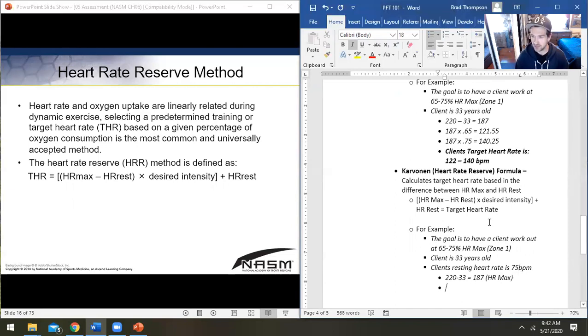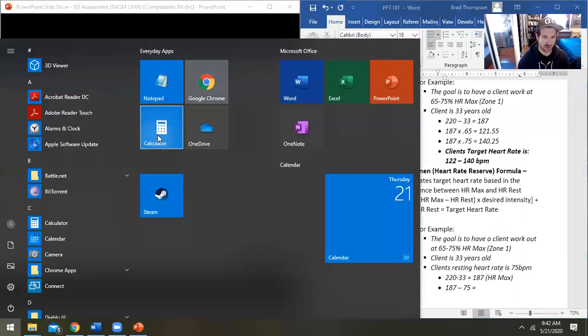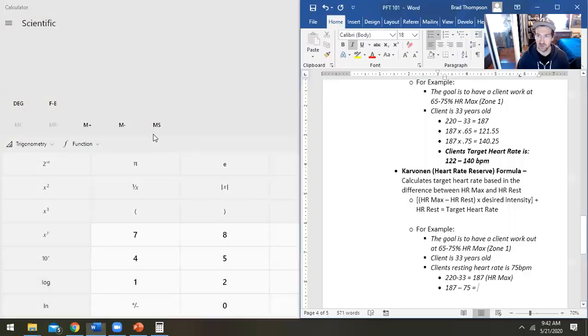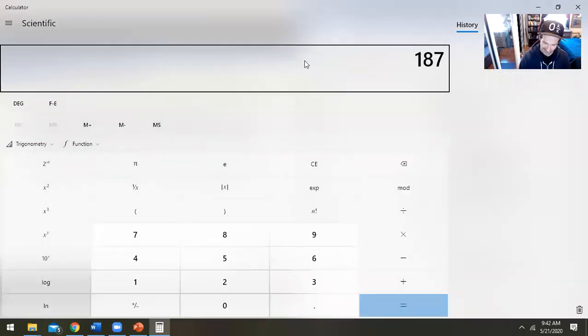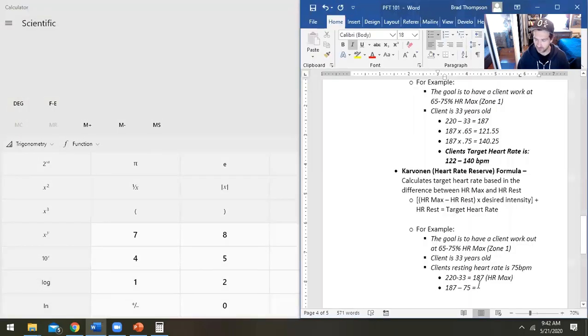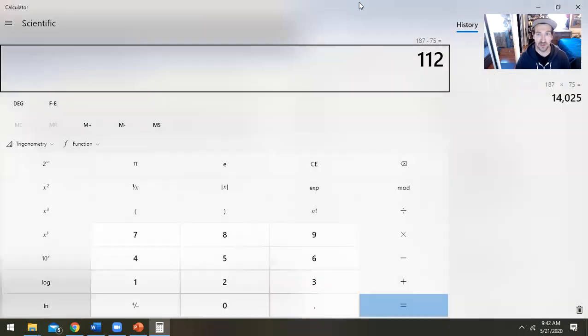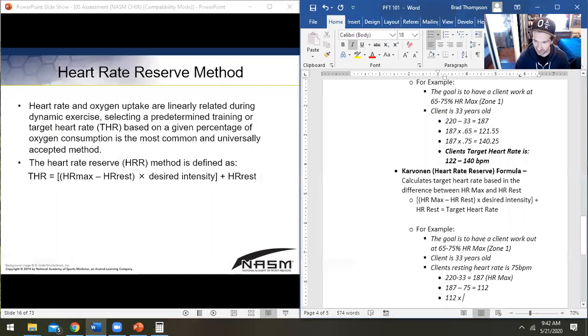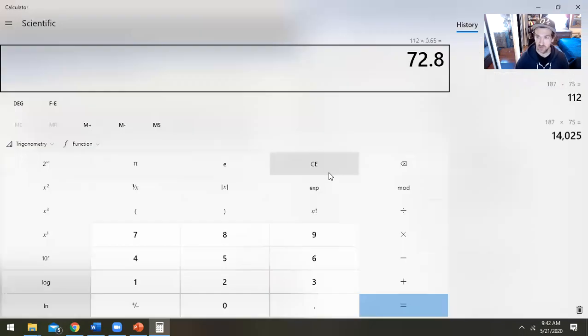That's their heart rate max. 187 minus 75 equals 112, right? 112 times 0.65 equals 72.8,